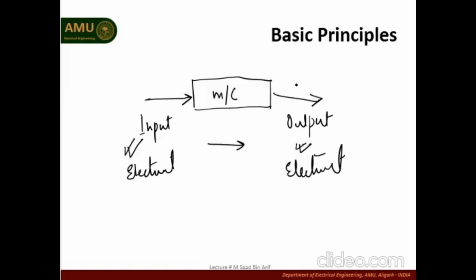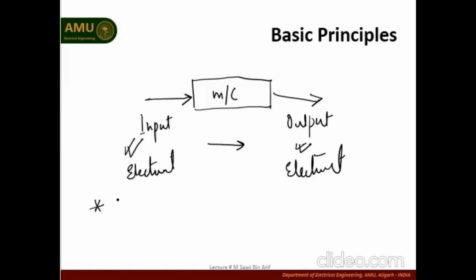So if you look at generators and motors, you will find that in generators and motors there is a conversion of power in one form to another, whereas in case of transformer there is no conversion of power in the form. Okay, so whatever we have, we always use electrical power as the input, and at the output we will get again the electrical power.